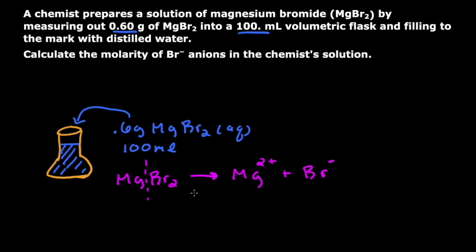And now what I've got to do is balance this. I have two Brs here, and I have one Br over here. So I'm going to put a 2 right here to balance this. And now what I'm going to do is find the concentration of the MgBr2 in here. If I know the number of grams, I need to find how many moles that is. And a mole is going to be equal to the amount in grams divided by the molar mass. And the molar mass just comes from the periodic table. So if I have 0.6 grams here, and I divide that by the molar mass, which is 184, I'm going to get